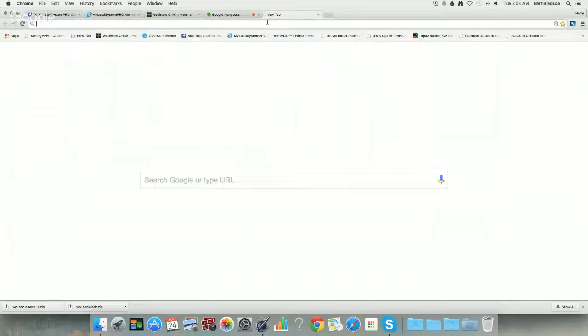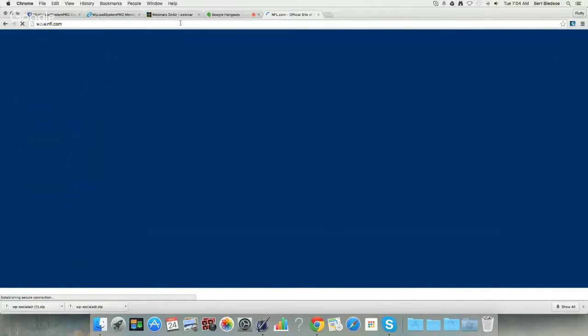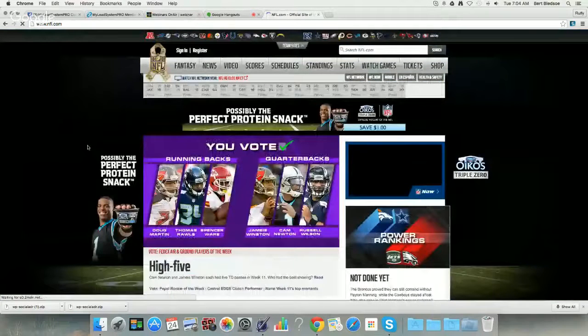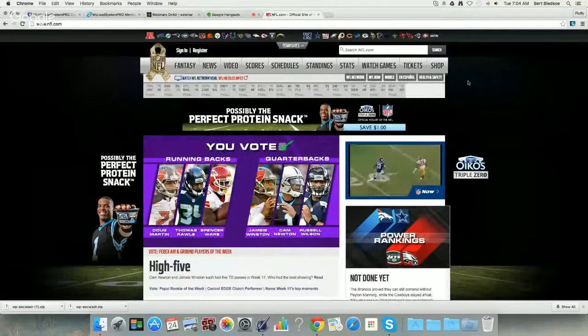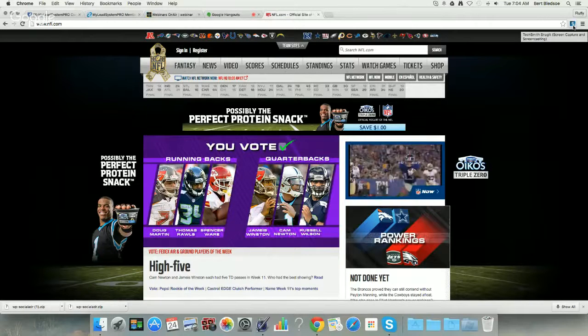Let's just go to the NFL website, just for fun, to go to a website. I'll show you that what I did was I downloaded the extension for Chrome for this tool. The tool itself is called Snagit, all one word, right? Just Snagit. And you can see up in the top right corner, I actually added the